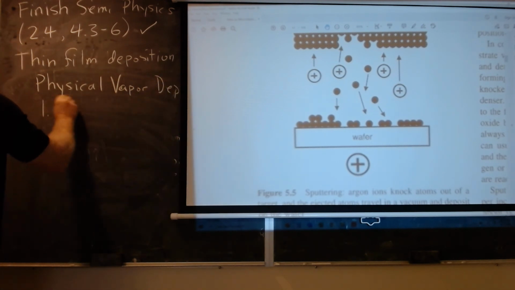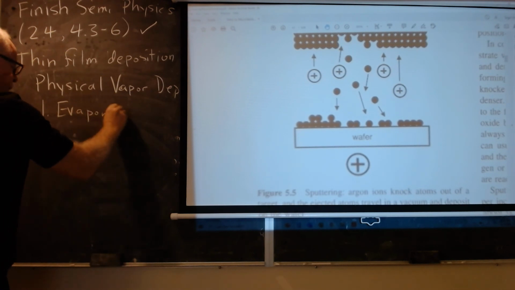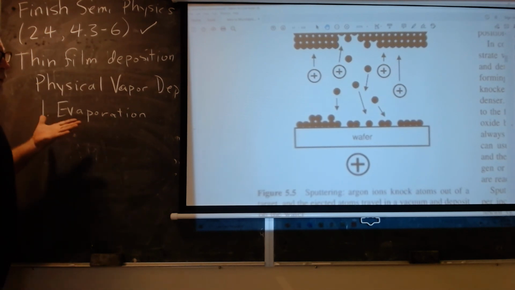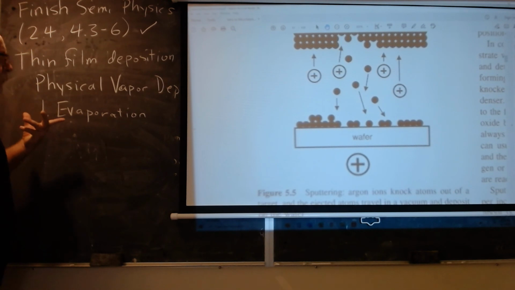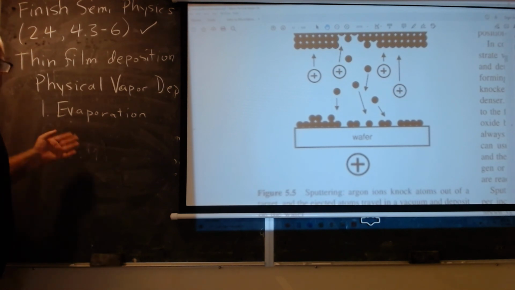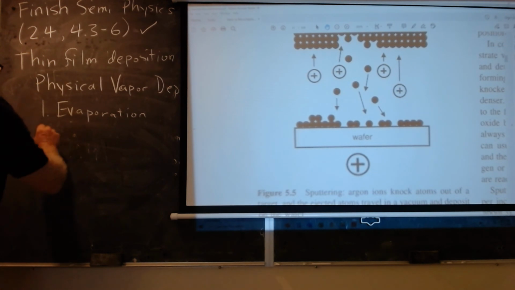So one, evaporation. And as we discussed, that's basically where you simply heat up the material to be evaporated until it essentially boils and comes off as a vapor. And you can heat it either through resistive heating or through e-beam heating. And the second one is sputtering,